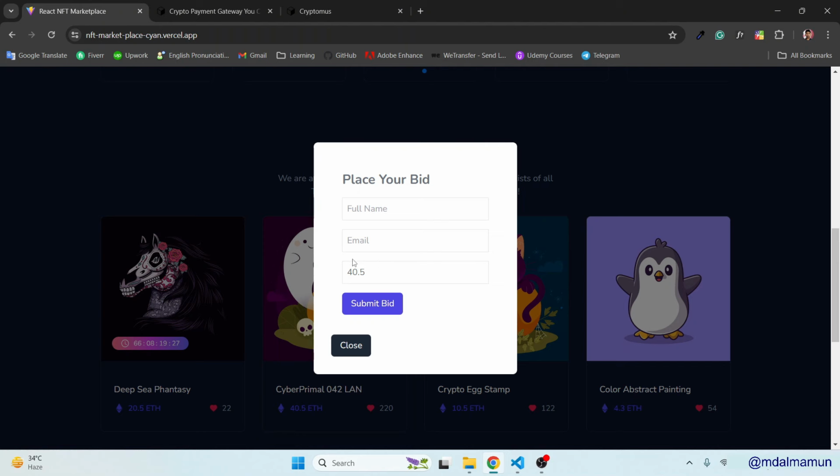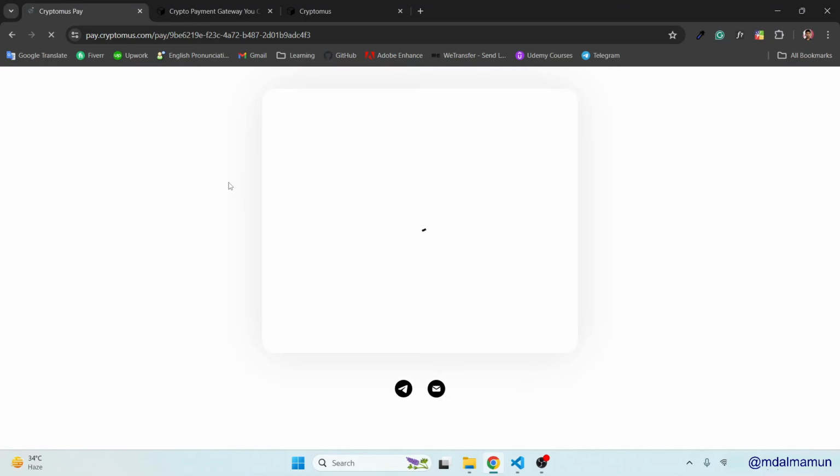If I would like to place a bid, here you have to define your name, and here my email, and you can choose any bid amount. If you want to choose 100, you can, or you can simply keep the specific one that was 40.5. And if I hit this button, then you can see it's redirected